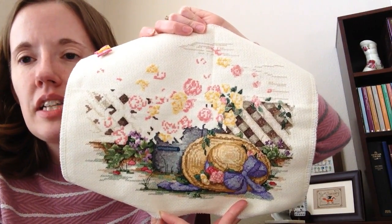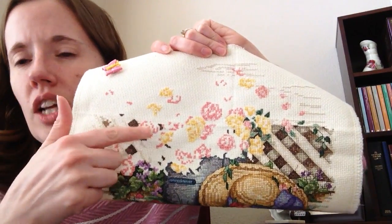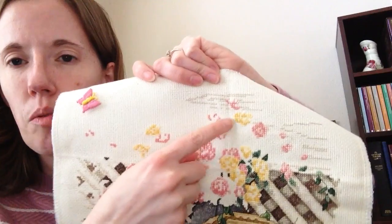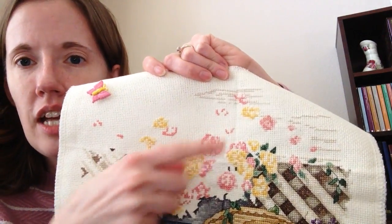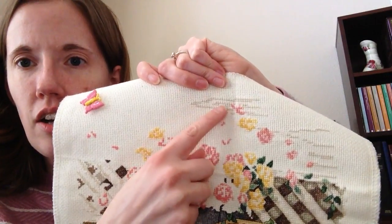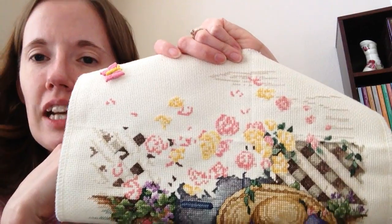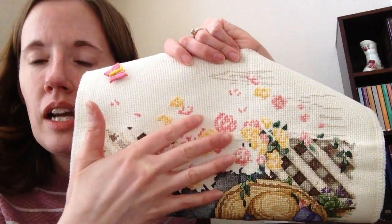In the pink flowers, I realized this main darkest pink on these flowers looked like it was done, so I went ahead and started working on the second shade. These flowers were already done a while back, so then I did the second shade on that one and these ones here while I was chit-chatting with my sister on the phone. So I'm hoping